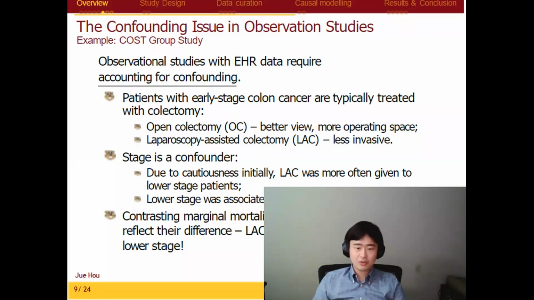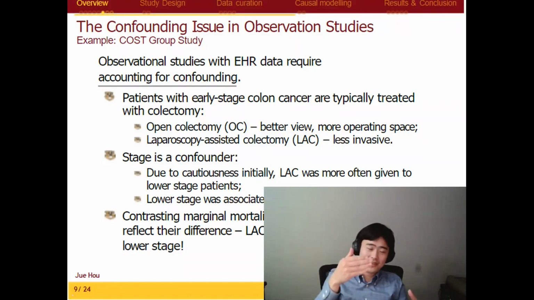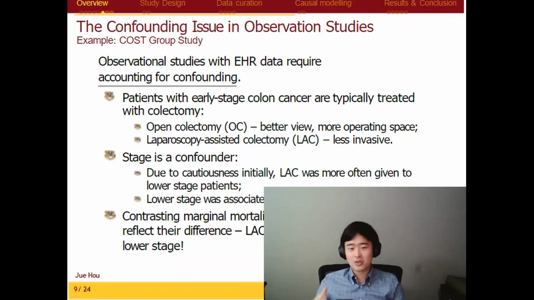And here, to give you an example of confounding, cancer stage is a confounder. First, as we observe from the data, due to cautiousness initially, the newer procedure was more often given to healthier patients with lower stage. So it associates with the treatment decision. The second is that lower stage is also associated with better cancer survival, which people all know. So it associates with the outcome. Whenever a variable is associated with treatment and the outcome at the same time, we call it a confounder in